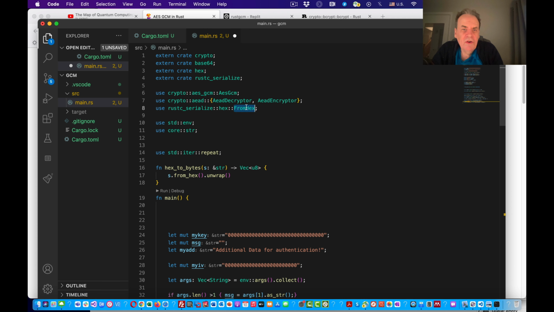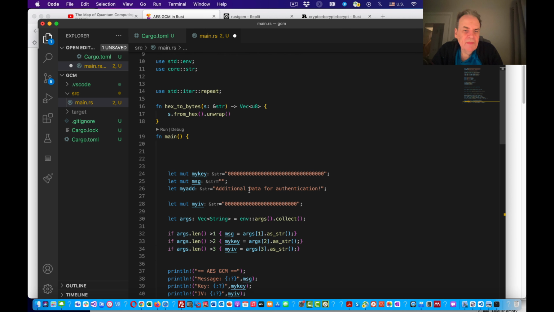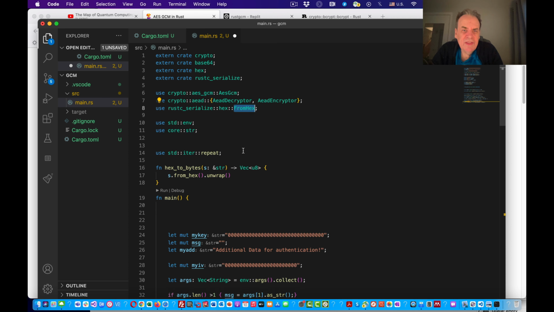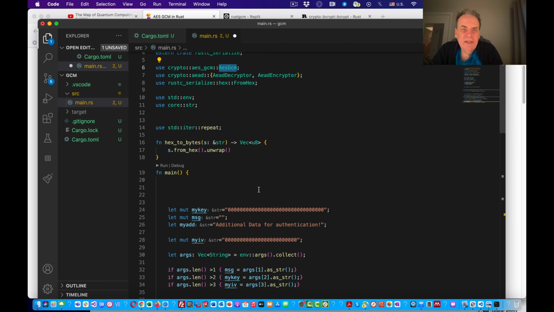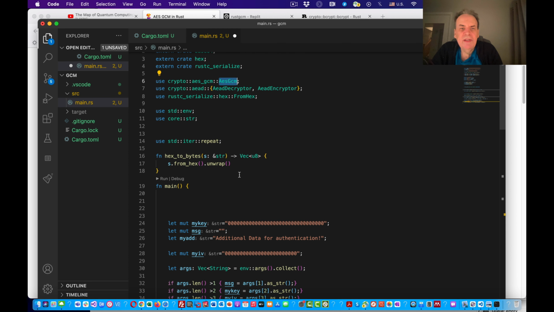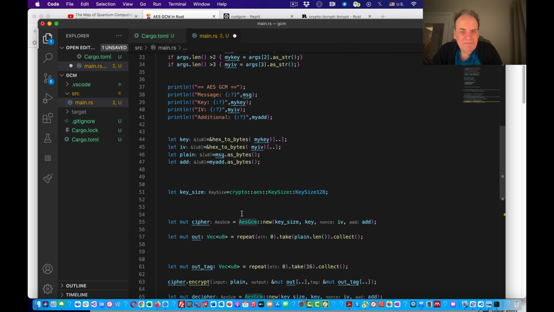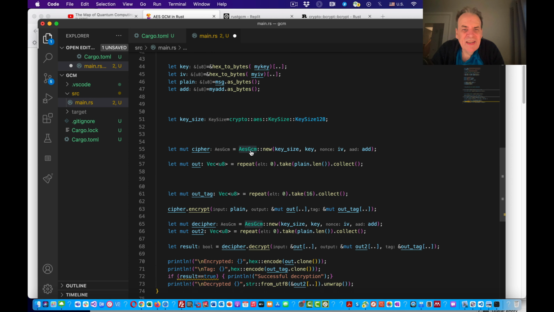And these are automatically added, so whenever you use one of these elements here, we don't have to write the full crate path for GCM in the code. We can actually just put in the identifier here.